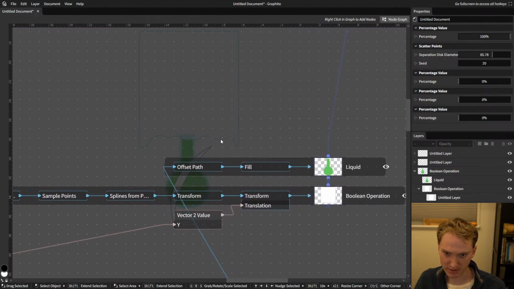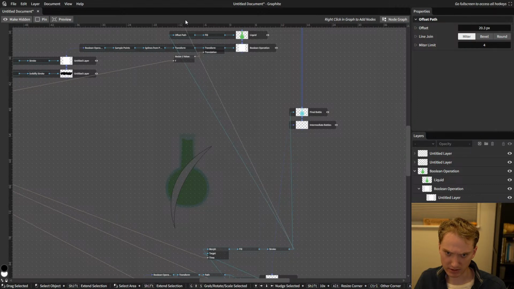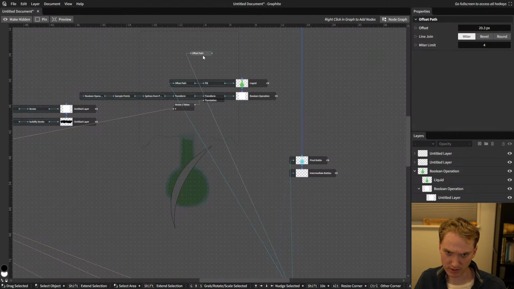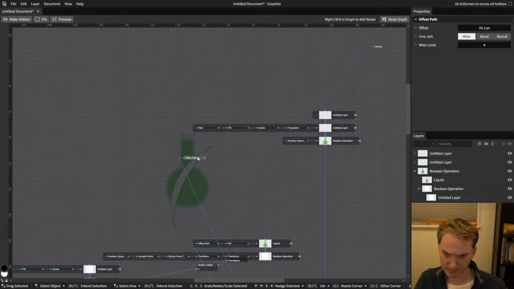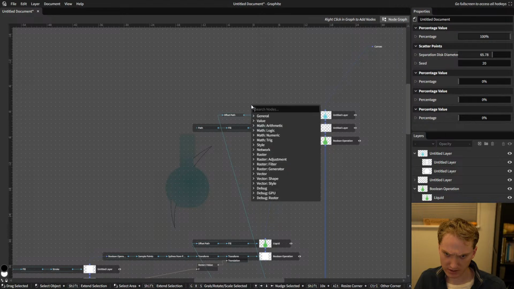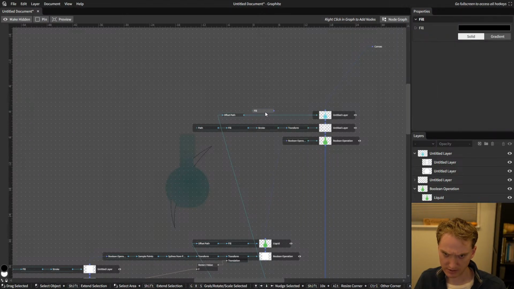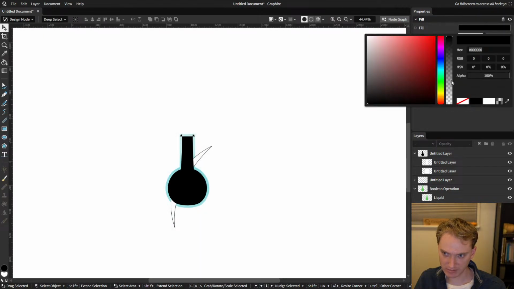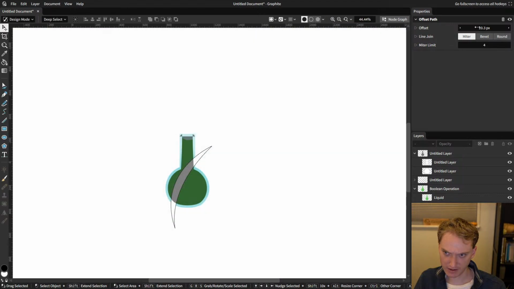So we basically want another offset path. I'm just going to duplicate that and take that same bottle output and bring it up to this new offset path. And we're going to feed that into here. And we're also going to give it a new fill, just so we can see it. Black is fine. Maybe we'll give it some transparency though. And change the offset path amount to,